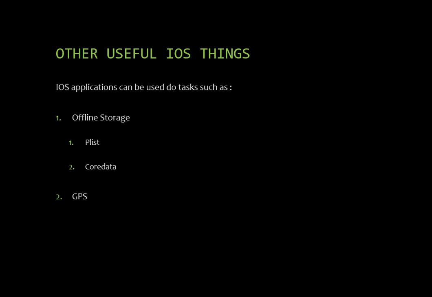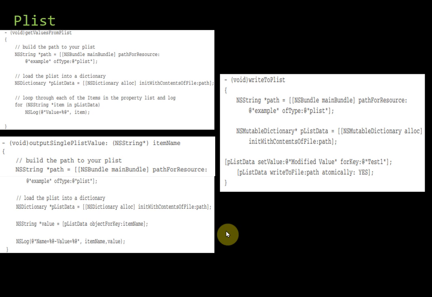Under that, the first one we are going to see is plist, or you can also call it property list. Here, you have some sample codes which are written in Objective C, not your normal C, but Objective C. The first option is property list, also called plist. This is the simplest way to store your information on your device.